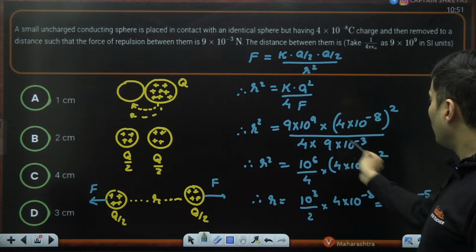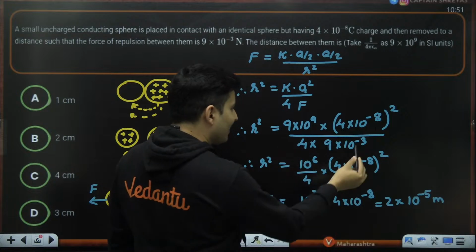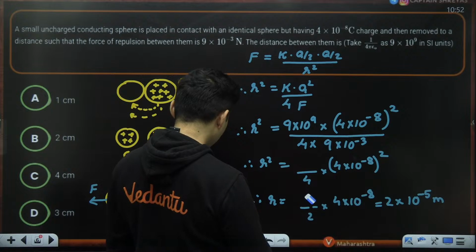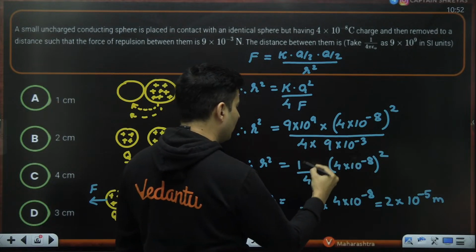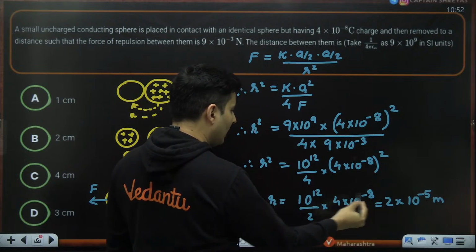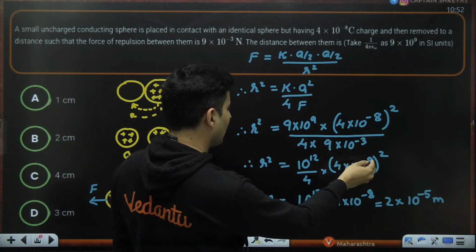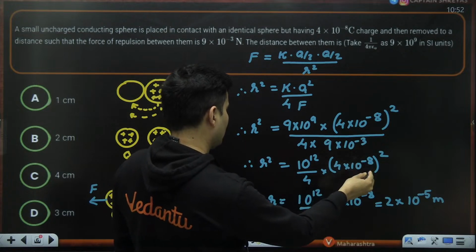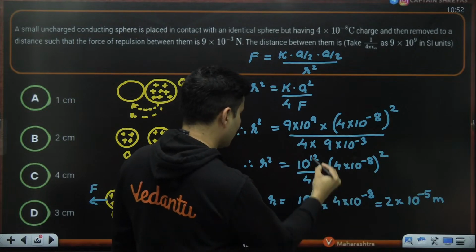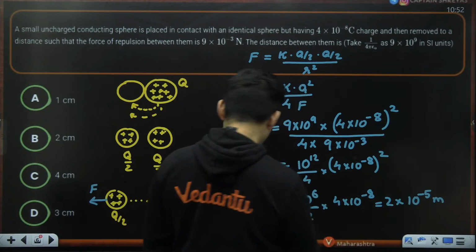Okay. Oh, yes, I know what mistake we did. Sorry, guys. When I cancelled minus 3 and 9, I think I made a mistake here. Minus 3 will go on the top. It will become 10 to the power 12. So sorry, this was 10 to the power 12. Okay. So 12 and minus 8. So this will become basically 10 to the power 6 after taking the root. Yes, 12's half is 6. So 6 and minus 8, this will become minus 2.